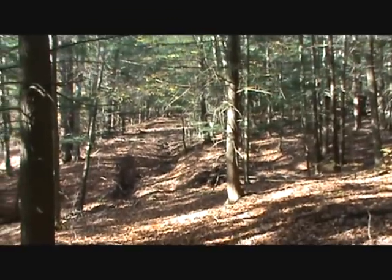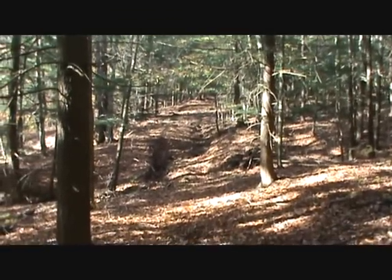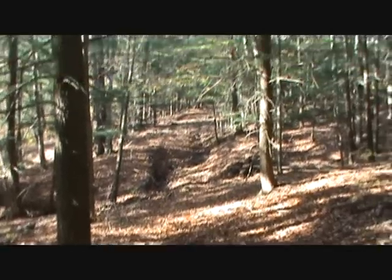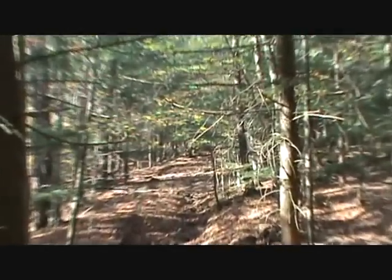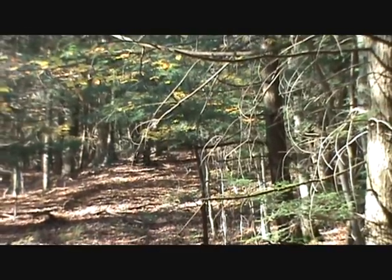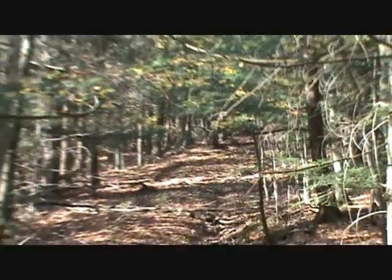Back up that way is our cabin. You can see that's a really old skid trail. There's a lot of erosion right down there, but it goes up that way. Let's see, up around the bend is where our cabin is. And then